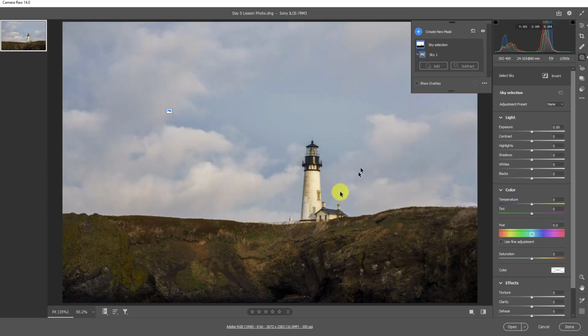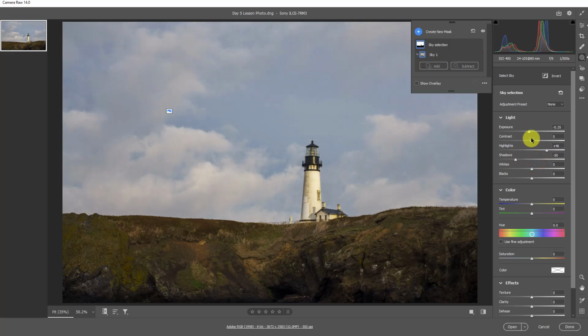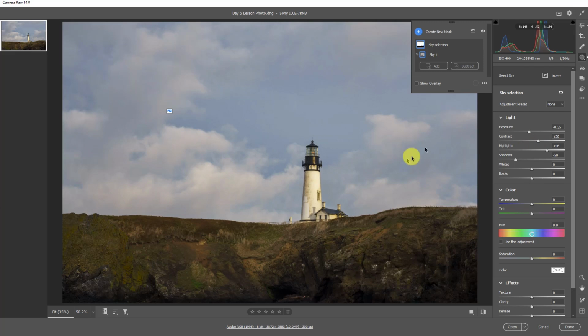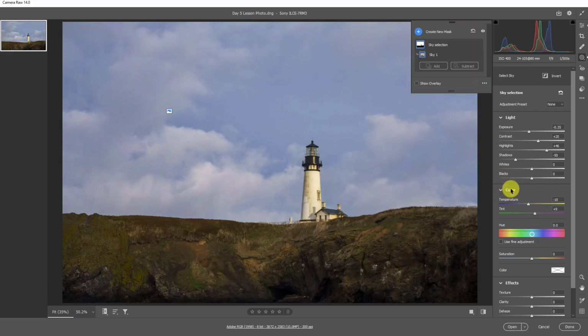Now, I said before that this was maybe not quite bright enough. So let's go ahead and drop the exposure, make it a little bit darker, but then we'll increase the highlights to make the highlights a little bit brighter, and maybe drop the shadows down a little bit there, maybe increase that contrast just a little bit. Now, the cool thing about this, no pun intended, is that because we have this separated, we can go in and cool it down as well and make that a little bit more on the bluish side. Maybe add a hint of magenta in there too, just to give that more of that punchy kind of blue